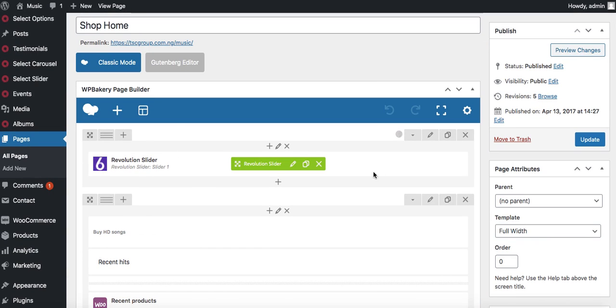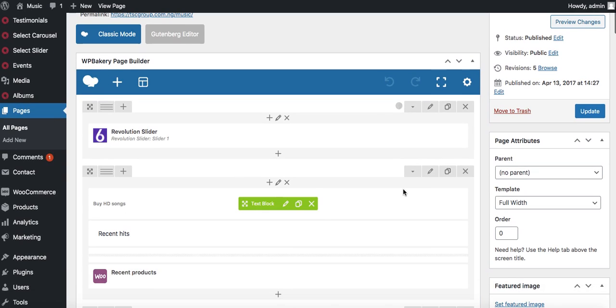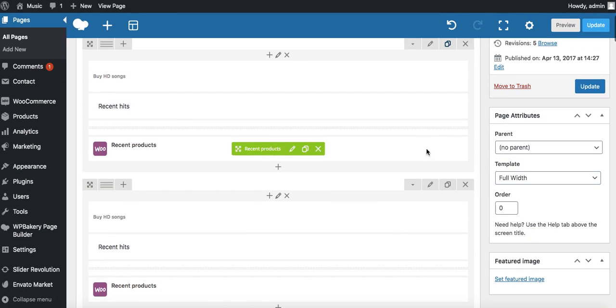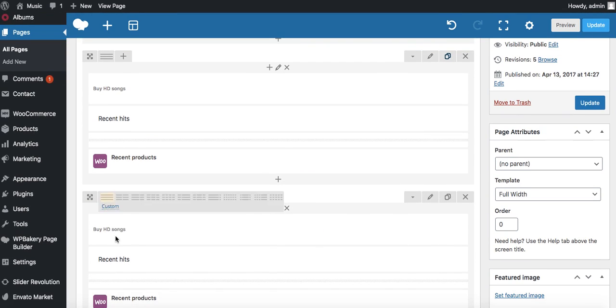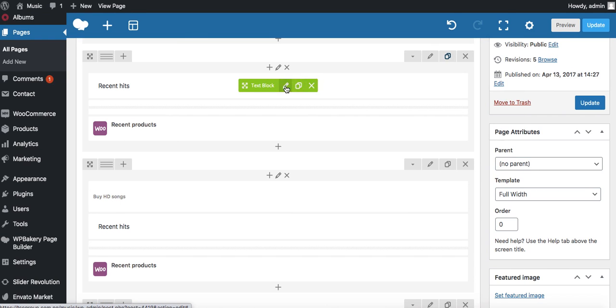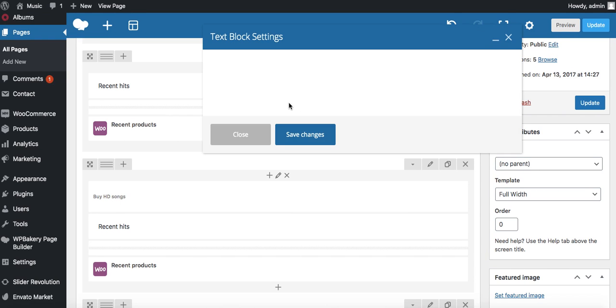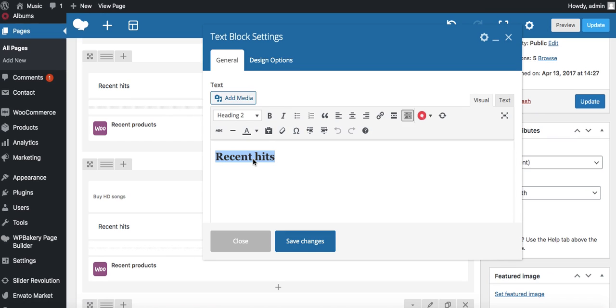Now, instead of creating a whole new one, I'm just going to click here to duplicate, and you see up there it says clone this row. So if you scroll down, you have it cloned. Notice how you have by HD songs here and by HD songs here. So I'm just going to delete this one, and I'll click here to say recent hits,